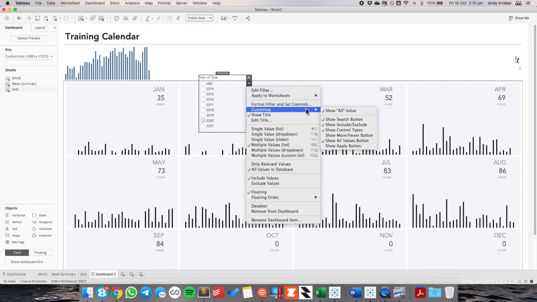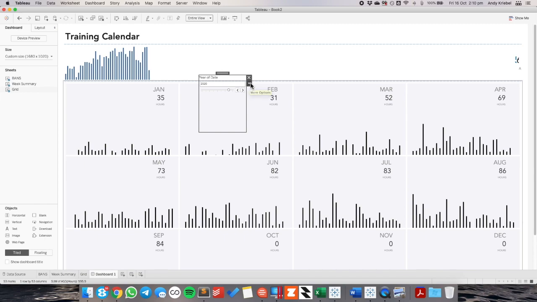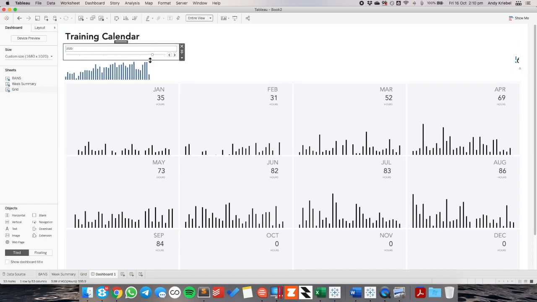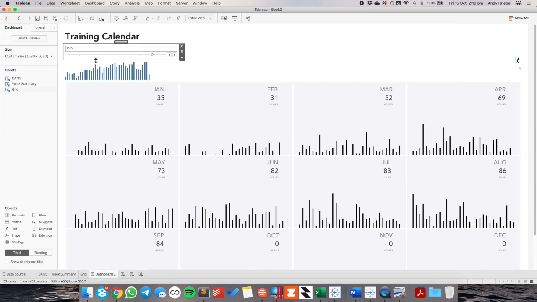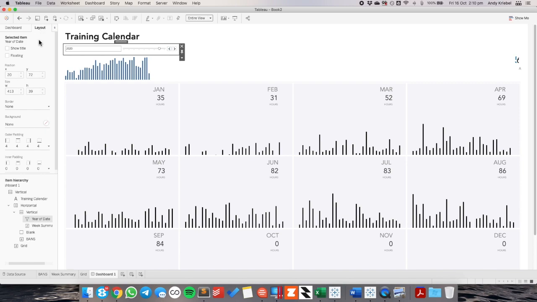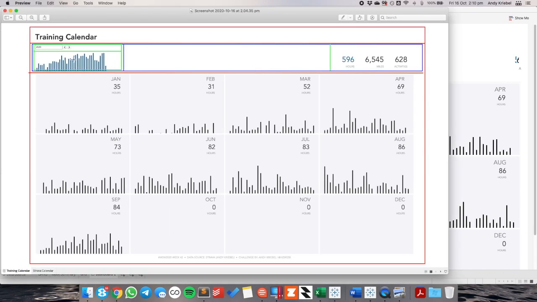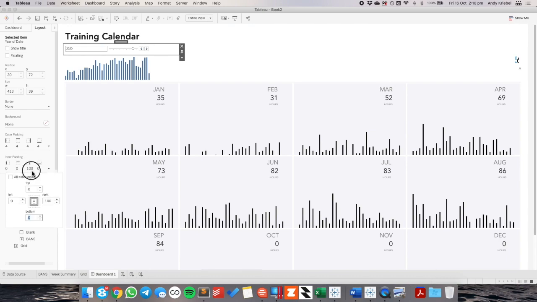So in this, it's going to be a slider. And I need to uncheck show title. And I'm going to hold the shift key down and drop it inside this container. Okay, so we've got something like this. If I drag this up, it's going to move those over to the right-hand side. And then I'm just going to add a lot of padding on the inside right. So let me make this 100 maybe. So it looks like it goes over, yeah, so it needs to be a lot smaller than that. So let's say